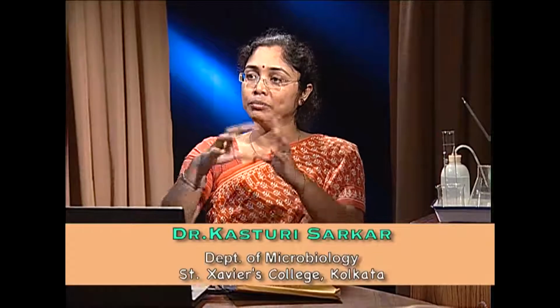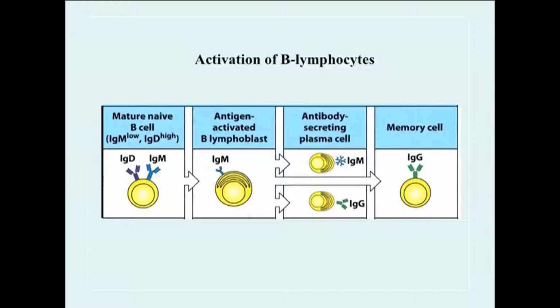system. On the surface of B lymphocytes, there are two types of immunoglobulins present: IgM and IgD. Now, when a B lymphocyte encounters an antigen, the B lymphocyte gets activated and is converted to plasma cells and memory cells. Plasma cells immediately secrete IgM isotypes, and memory cells keep the memory of that particular antigen, and